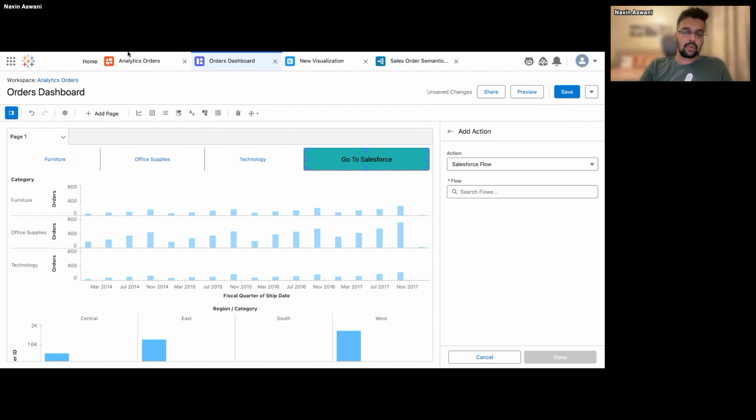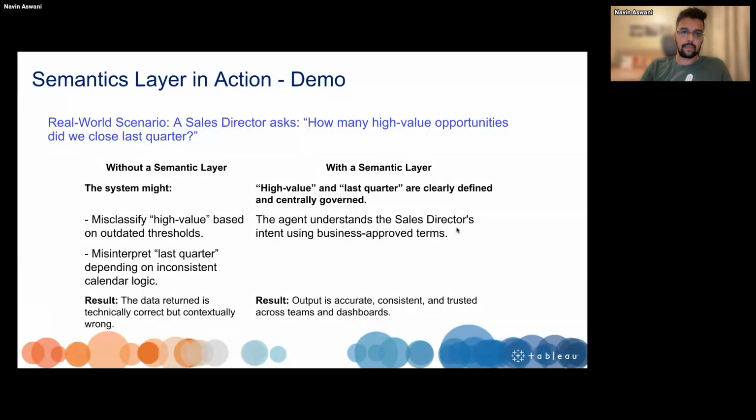Coming back to the presentation, this is what we just saw, how easily we can now rely upon the results that we're getting from your dashboard because of the semantics layer, where everyone is now aligned with the definition, like what the high value opportunity means.